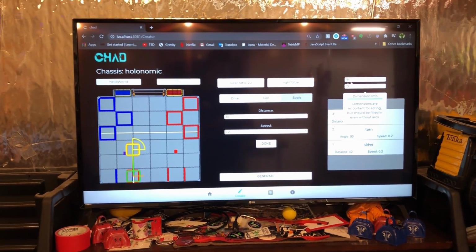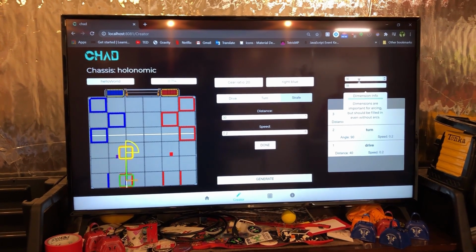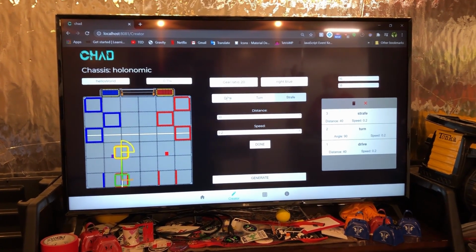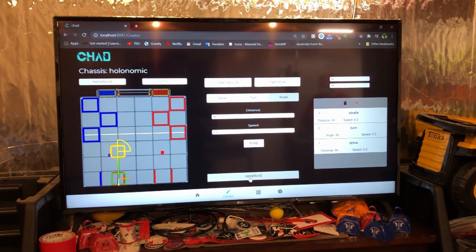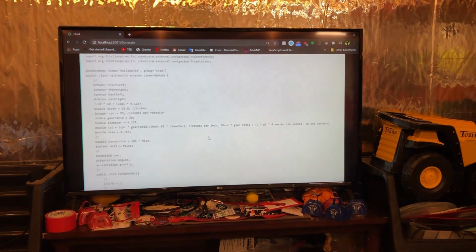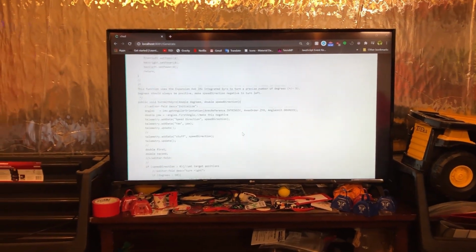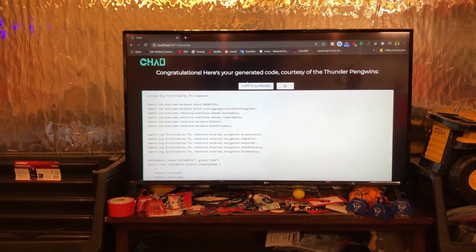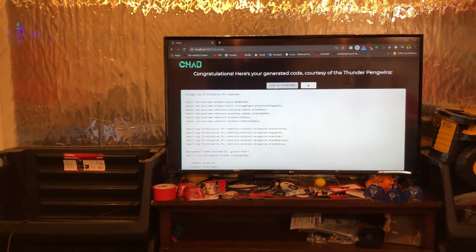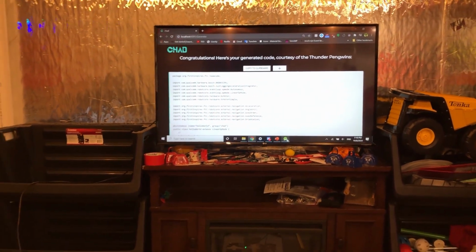Also, these dimensions, in this case, we don't really need to change them because it's not going to really affect the code a whole lot. So let's go ahead and click generate, and boom, there's the code. Fantastic. So, all we need to do to get the code is copy the clipboard, open up Android Studio,